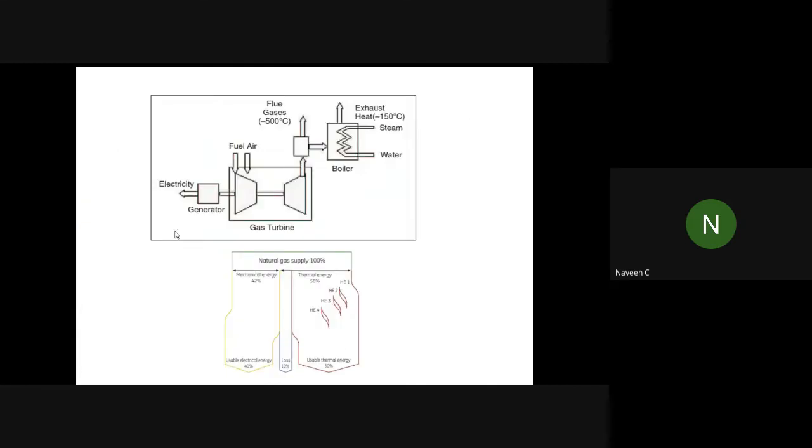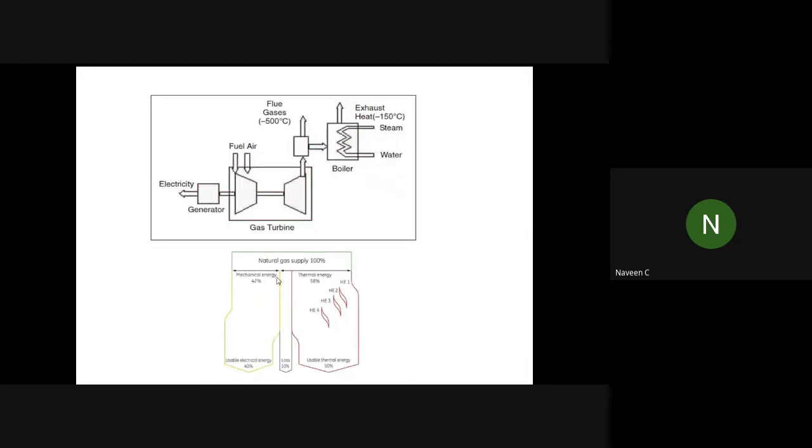You can see here, you are generating with the gas turbine. You are supplying the fuel and air, and you are generating the output. Some of the exhaust you are sending back, say at 500 degrees. The exhaust temperature, you see, is more than 500 degrees Celsius, and you can mix that with the excess fuel and again fire that in the boiler, where you can extract 150 degrees of the output.